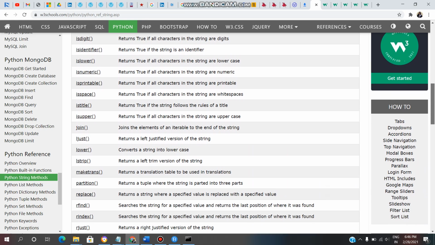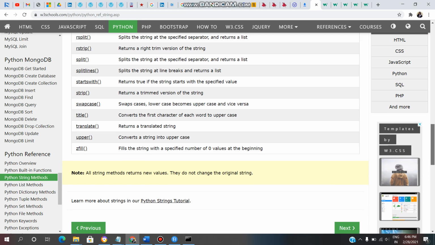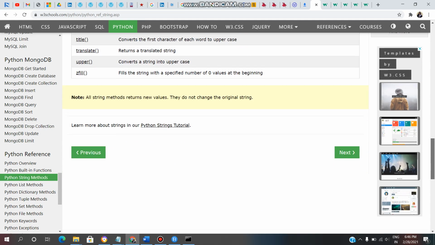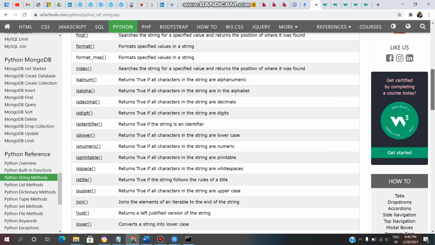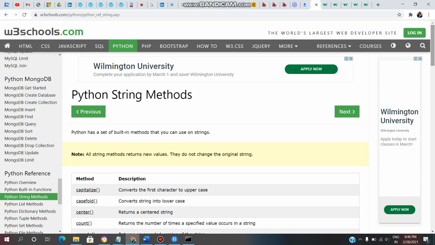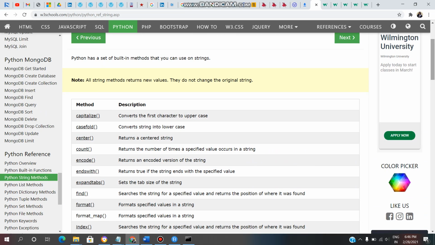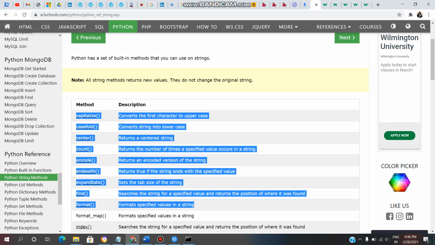IsTitle, isspace. So many methods we have. If you want to use any of these methods, you can refer to this page. Here in the Python reference, we have Python string methods. You can click on that, then you will get so many methods of strings. You can use that.